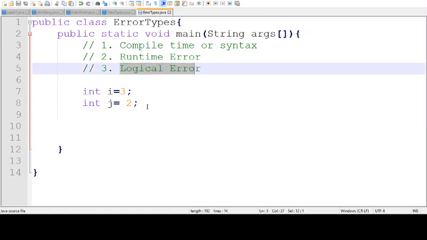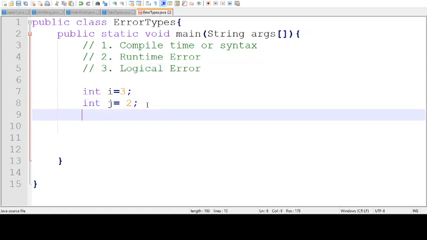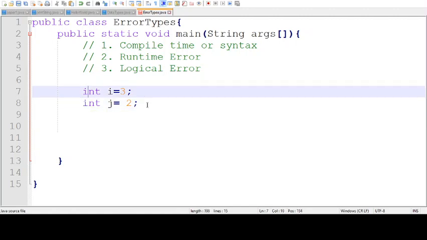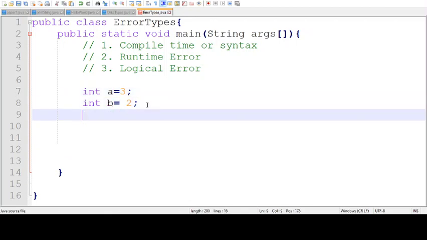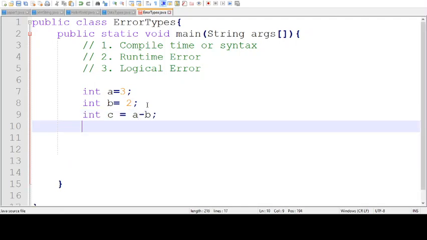The logical error means, for example, you want to add two variables. For example, I name this variable a and this variable b, and now I want to store their sum in c. So our program's job is to take two inputs and store the sum of the two inputs in c.